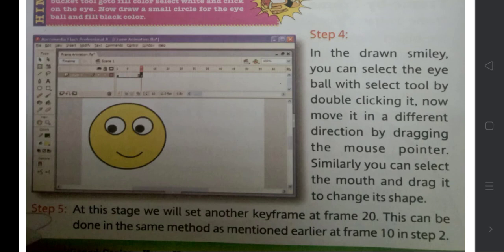For example, the smiley looks towards the left side. You can make it look to the right, upper or down side also. At this stage we will set another keyframe at frame 20. That means from the 10th frame up to the 20th frame we keep these changes, so the smiley rotates its eyes and changes the shape of its mouth.